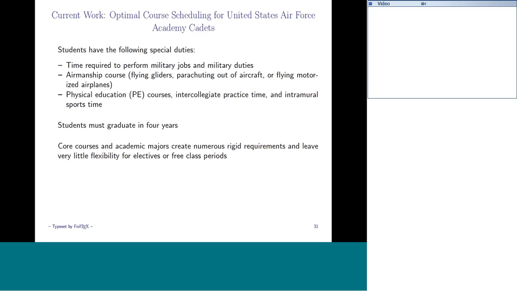So now I want to spend a little bit of time talking about current work. This is maybe a little more qualitative. We obviously have math models behind this, but I chose here to spend a little more time discussing the ideas. First of all, we're looking at optimal course scheduling at the Air Force Academy. The students are very time constrained in terms of performing their military duties, but also trying to get all their courses in. Of course, they can only take 4 years to graduate, so there's none of this, I couldn't get a course, so it took me 6 years to finish.